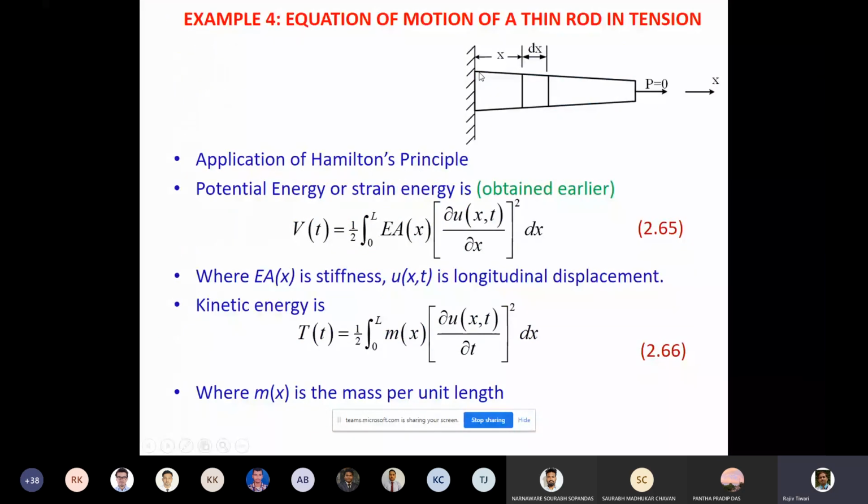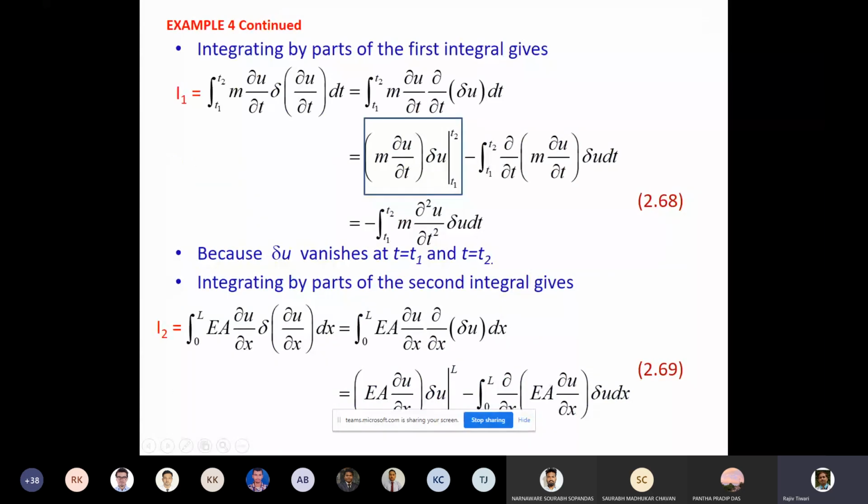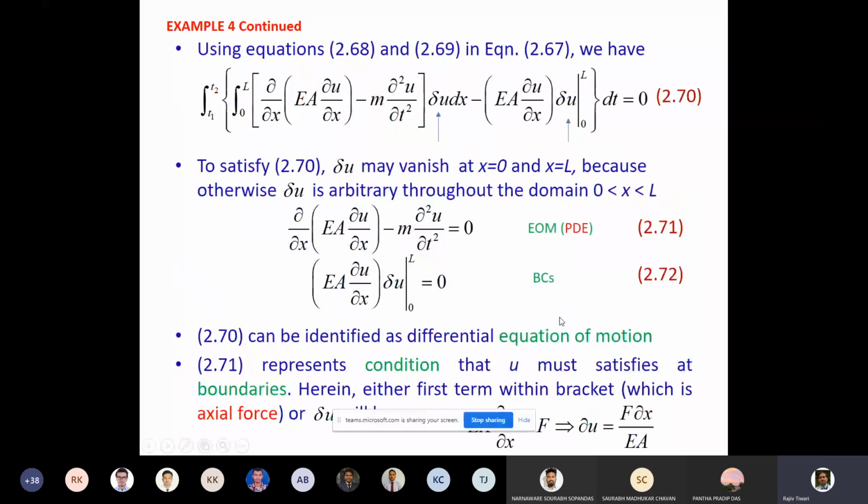I can show you the cantilever. So here, when displacement is zero, we can expect there will be reaction force here. Here, when the displacement is taking place, the force will be zero. So this is one boundary, and this is another boundary, where one of the terms will be zero. Here displacement will be zero, so force will not be zero. Here displacement is not zero, so force will be zero. So that is given by the particular boundary conditions of the problem. Okay, so this is how to apply the Hamilton principle for the continuous system.